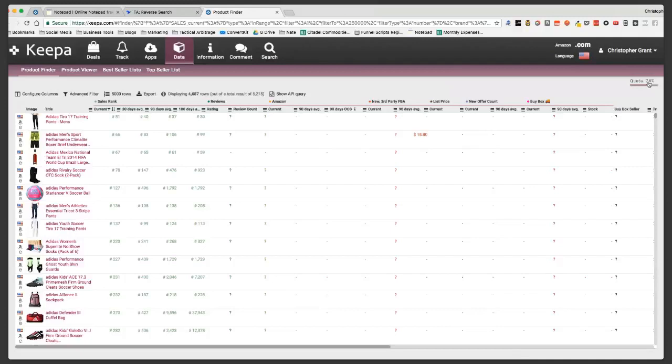So there's all kinds of ways you can parse this data. You can do out of stock. You can make sure that it's only items that have an average 90-day or 180-day rank. And I'd be running these through reverse search all day, every day, as much as possible. But using the product finder with Keepa is just fine. That's going to be 25,000 or so ASINs every single day that you could run through tactical arbitrage without a problem. So it just depends on how much data that you want.